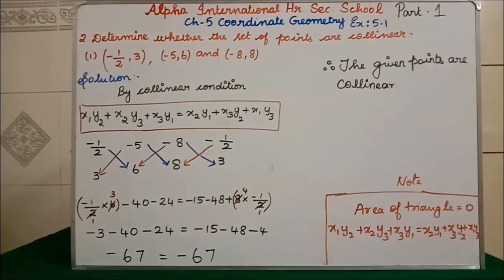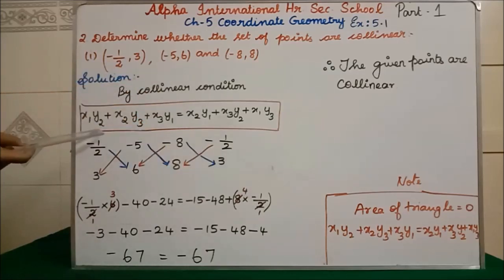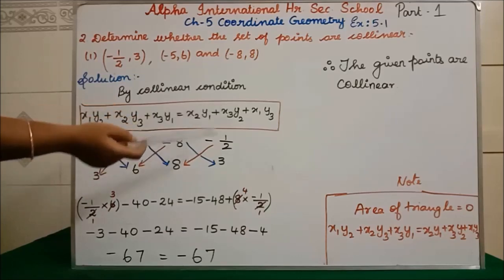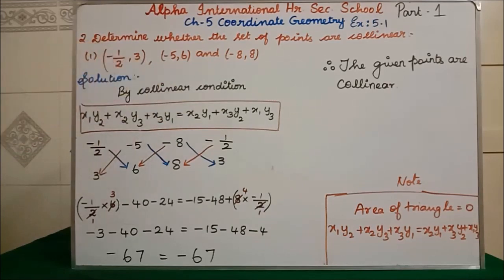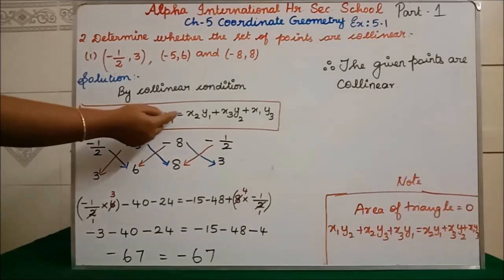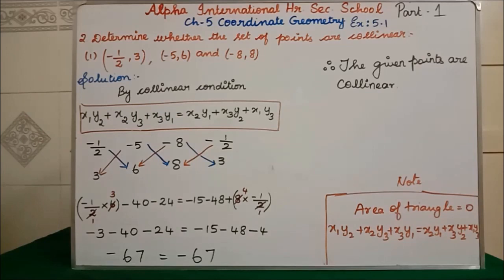To find whether the given points are collinear, first we are writing the collinear condition. We are writing that formula: x1 y2 plus x2 y3 plus x3 y1 equal to x2 y1 plus x3 y2 plus x1 y3. This is where we have got from. This we have got from the area of the triangle. Inside we have written, no, that portion only this is. In area of the triangle in middle you will have minus, instead of that here we are having equal to. That is the difference. Clear now? We have obtained this formula from the area of the triangle.